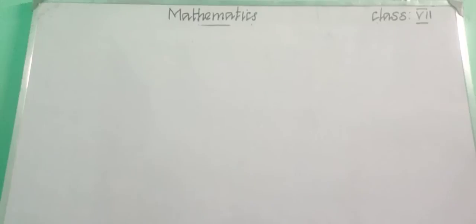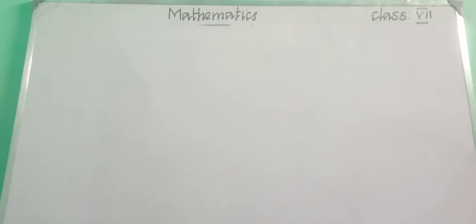So children, can we recall what we had learned in the previous class? Okay, so say me, what are all the quadrilaterals we had learned? In the smaller classes we had learned about square and rectangle, right? We know about that clearly. In this topic we have learned some of the quadrilaterals, right? What are all the quadrilaterals you have learned?